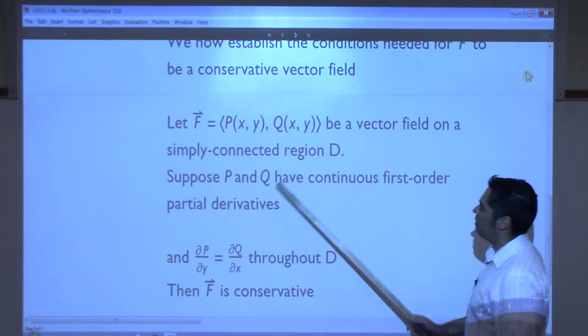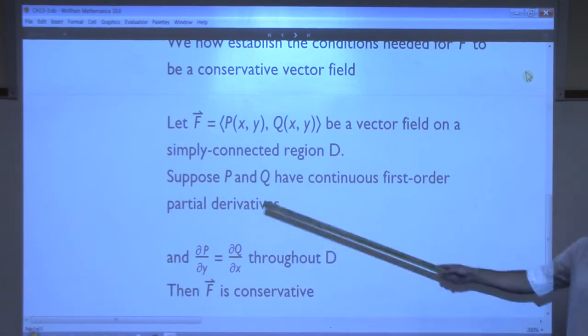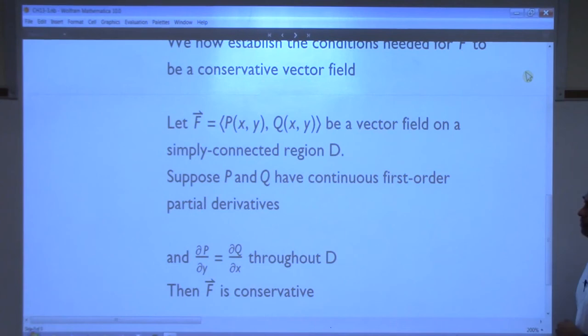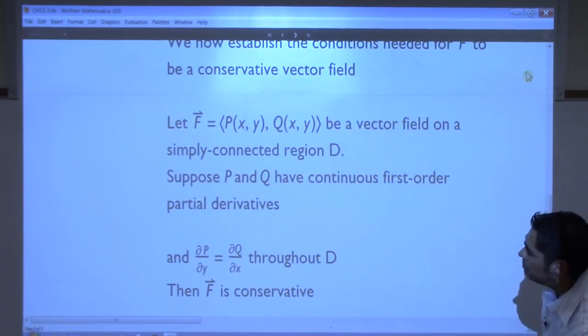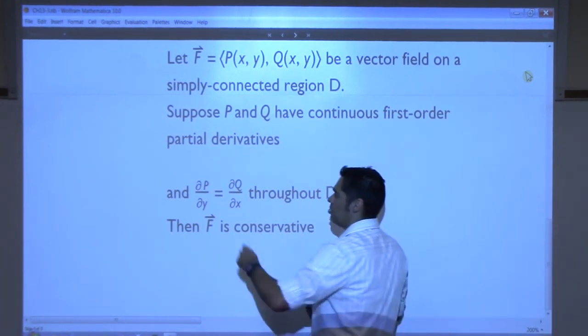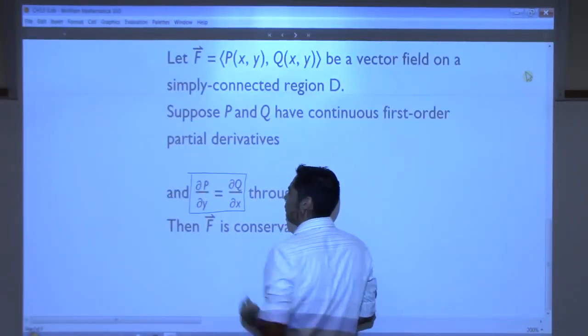Suppose that P and Q have continuous first-order partial derivatives. That means I can take the partial of P with respect to x, the partial of P with respect to y, the partial of Q with respect to x, and the partial of Q with respect to y. If all of that is true, then here's all we have to do to check. We just have to make sure that the partial of P with respect to y is equal to the partial of Q with respect